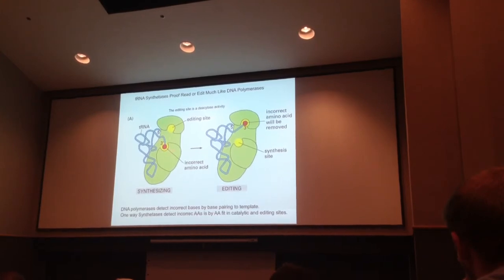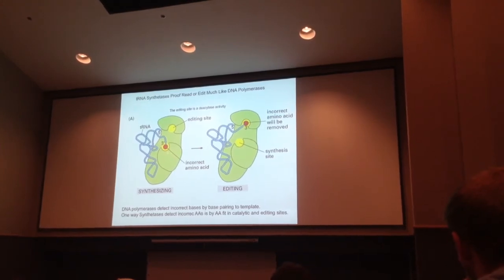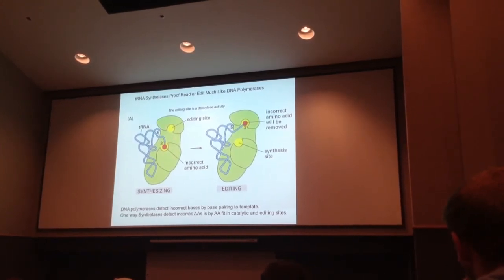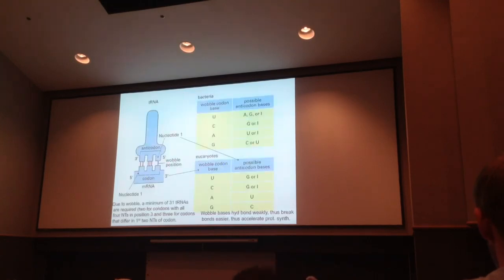Whether there's a second incorrect site, I don't know whether that's true or not. There are some models that call this the catalytic site, and this is the editing site where it checks for incorrect amino acids and cuts them off. I don't know that we're so sure about that anymore. You can see here's the synthesis site, and there's a site where the amino acids are removed. Whatever, the important thing is that the aminoacyl synthetases are able to check the tRNAs they charge to be sure they put the right amino acid there. That's how important that second code is. Okay, so